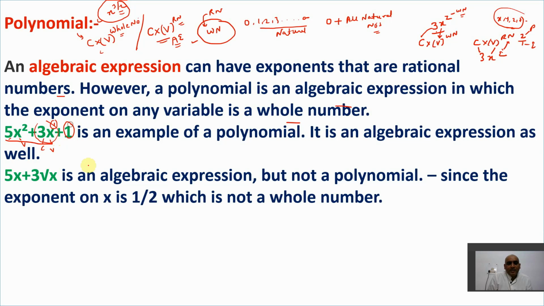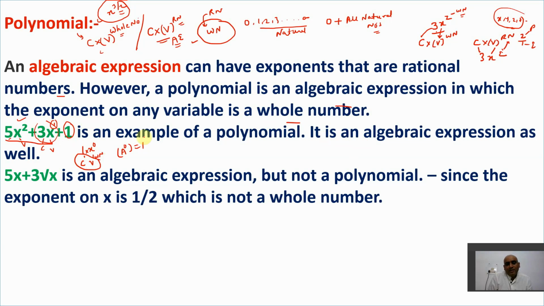Then what about this 1? See, we can write 1 as 1 multiplied by x to the power 0. There is no problem in that. Because anything to the power 0 is always 1, that's why we have written 1 as 1 multiplied by x to the power 0. Now this 1 is a constant, x is a variable to the power 0. 0 here means a whole number. So it follows the process of polynomials, right? So all the terms follow the idea of a polynomial. That means it is a polynomial.